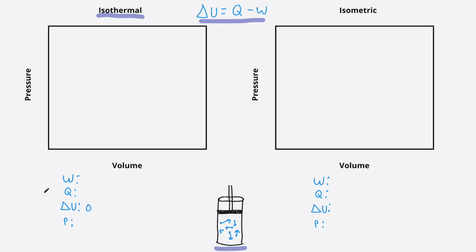The best thing you can do next is think about what happens as we go to the right on our graph. So as you go to the right, the volume of the gas is expanding. And remember what we said earlier about when a gas expands, what that says about the work that the gas is doing. We said that the gas will lose energy as it expands. And that means that if you look back at our equation, we need W to be positive. So that way, whenever we plug that value into that equation, the internal energy goes down